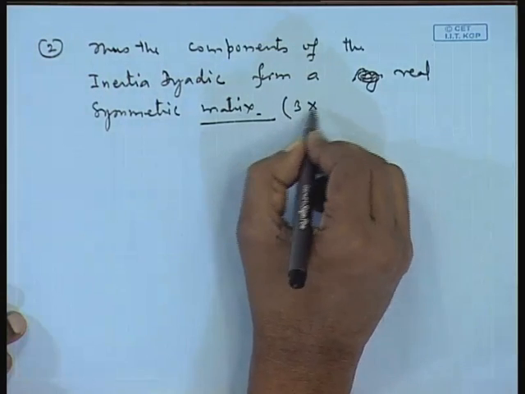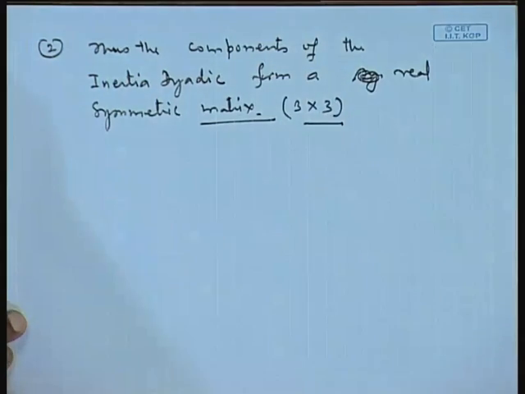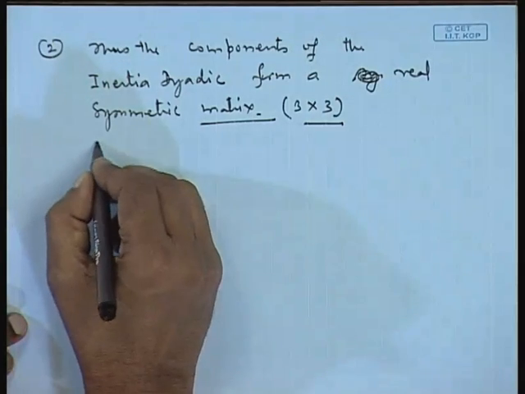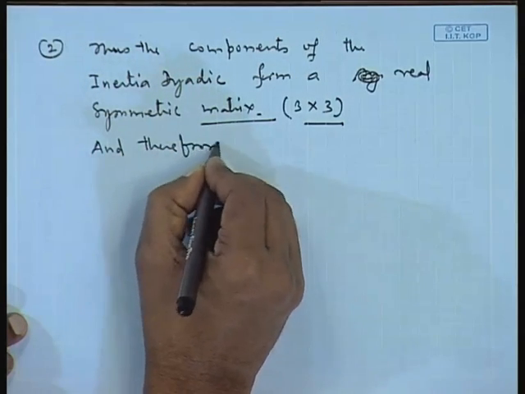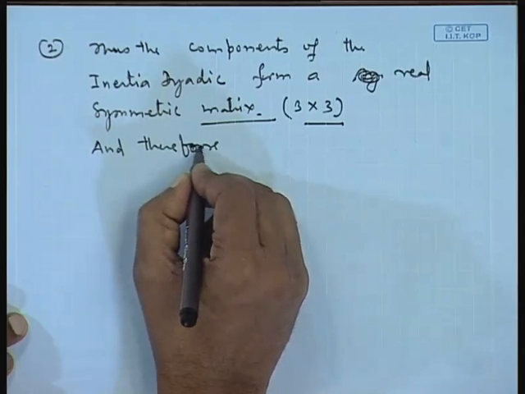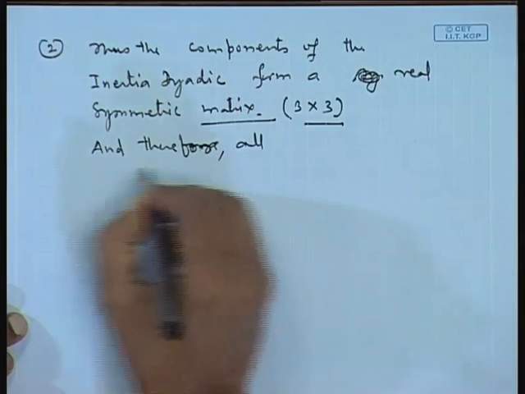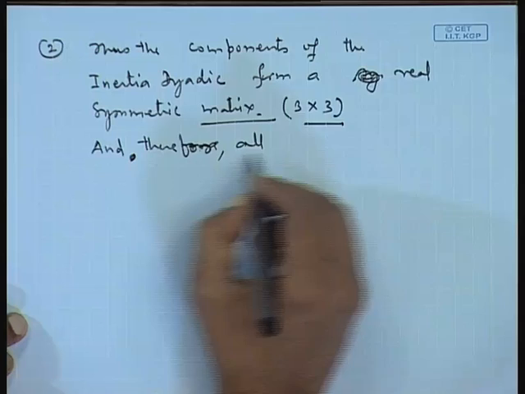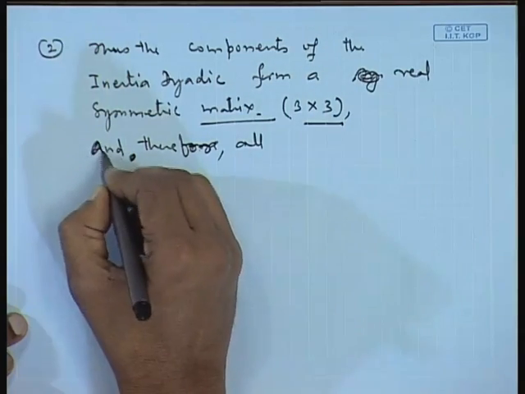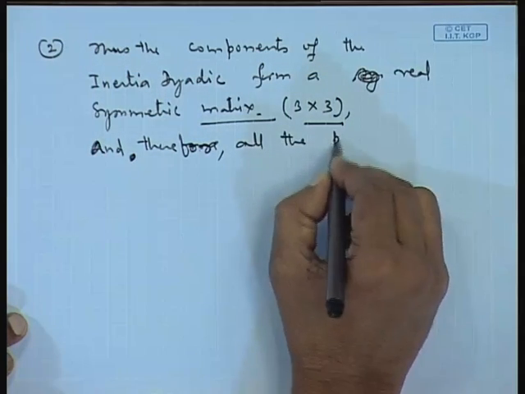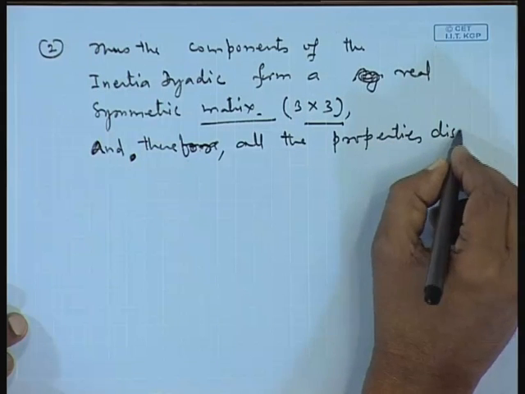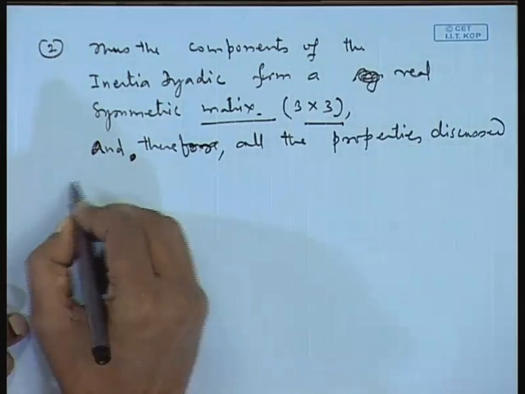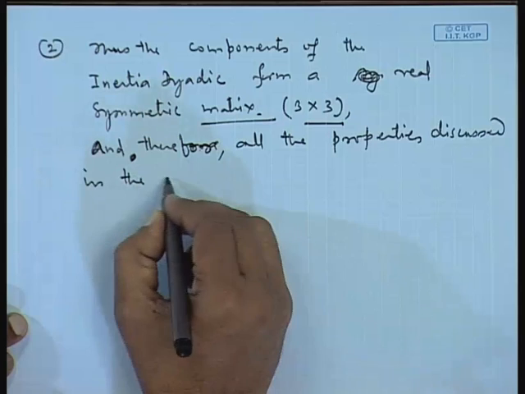And this is a 3 by 3 matrix. And therefore, all the properties discussed in the last class